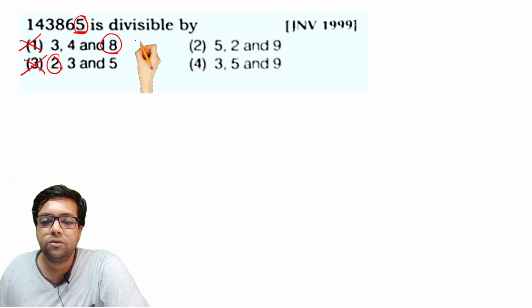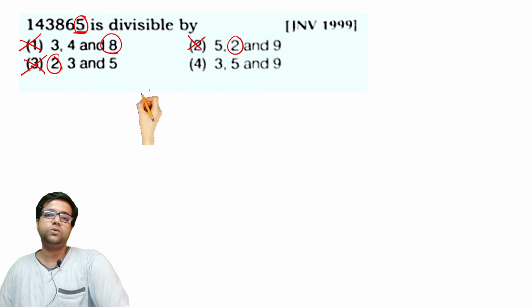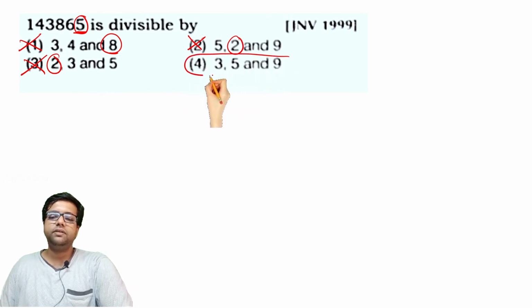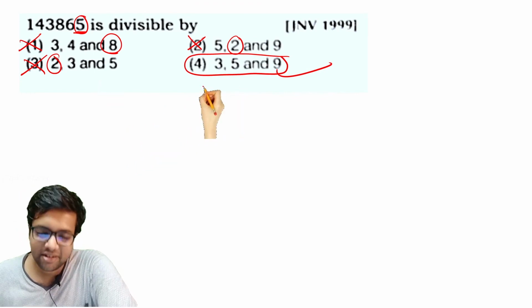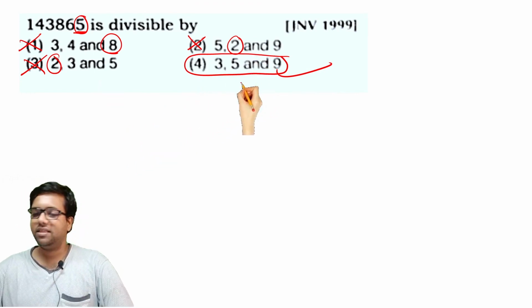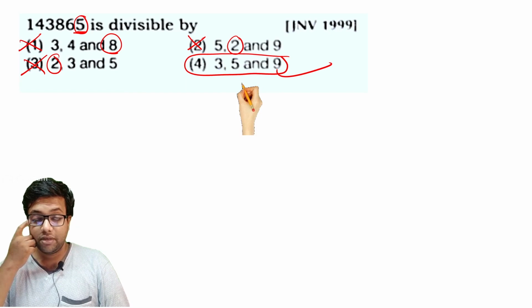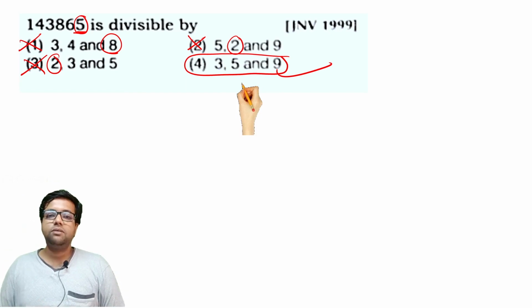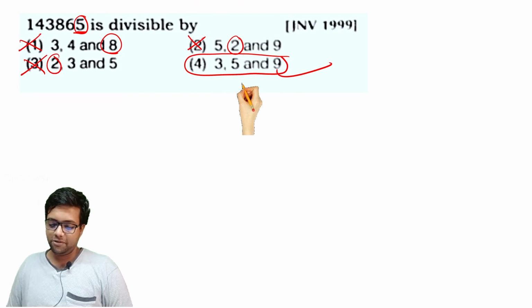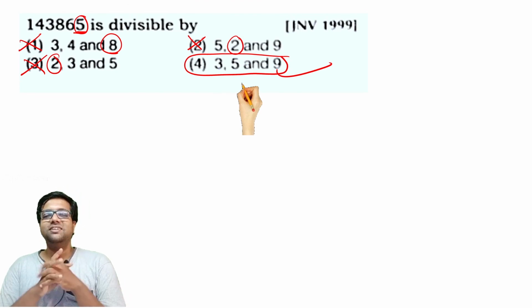If it has to be divisible by 2, again it has to end with an even number, we just saw. So again we will eliminate option 2 as well. We are only left with option number 4. So we will mark it as our right answer. And even if you check later whether this particular given number is divisible by 3, 5 and 9, it will be divisible by all the 3 numbers. And so therefore option 3 is your right answer.